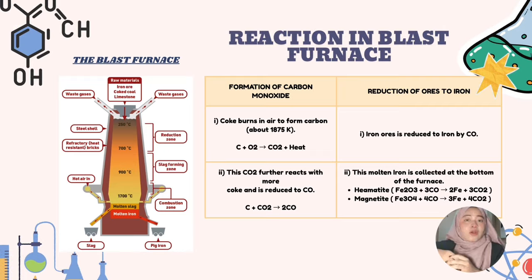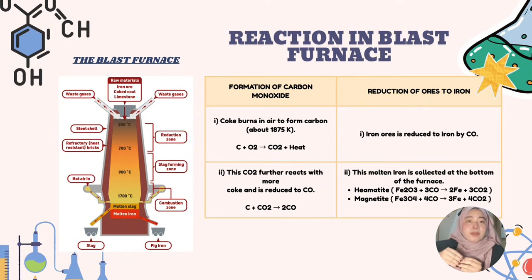Phase B, reduction of ores to iron. Once we have carbon monoxide, the actual extraction of iron begins. The carbon monoxide, CO, reduces the iron ore. For hematite, the reaction is Fe2O3 + 3CO → 2Fe + 3CO2. For magnetite, the reaction is Fe3O4 + 4CO → 3Fe + 4CO2. The resulting molten iron sinks and is collected at the very bottom of the furnace, while the impurities form slag,